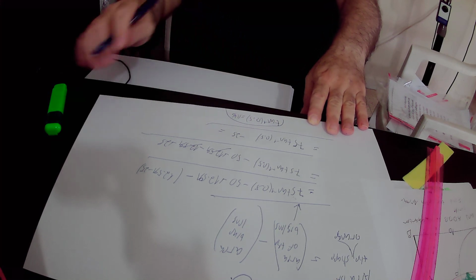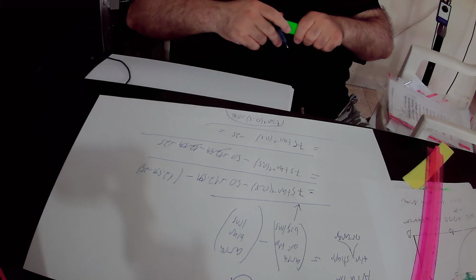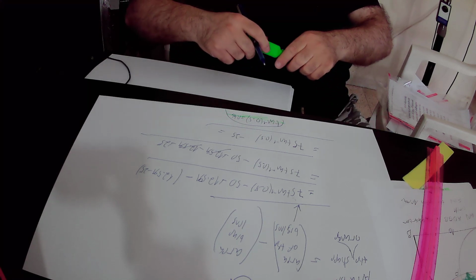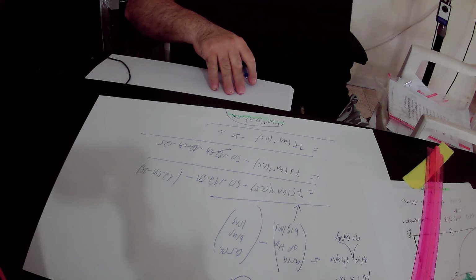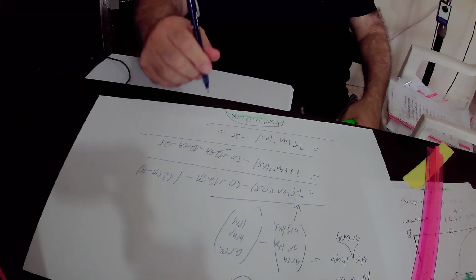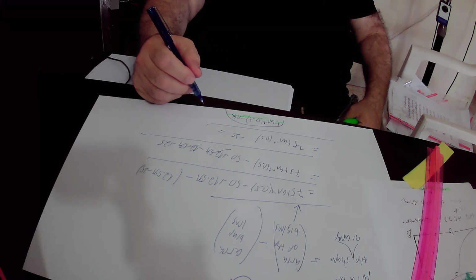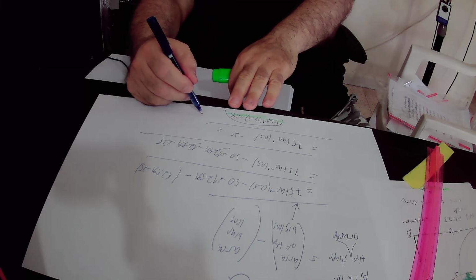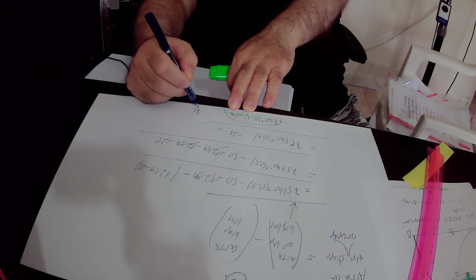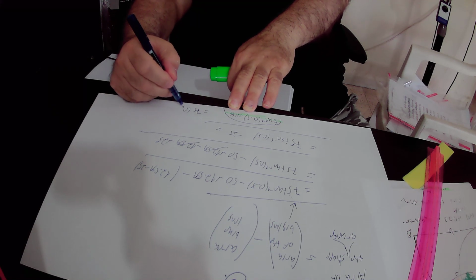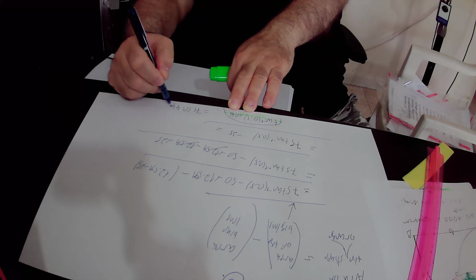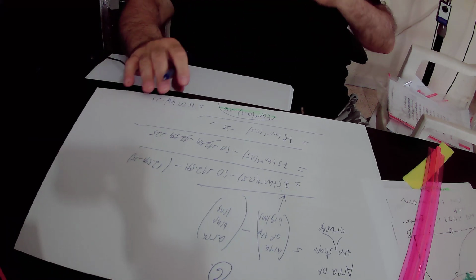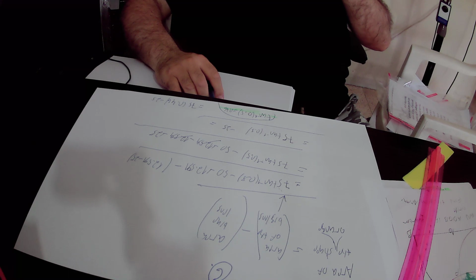Therefore, we multiply 75 by 0.46, we subtract 25, and you'll get that